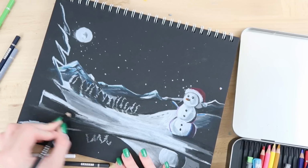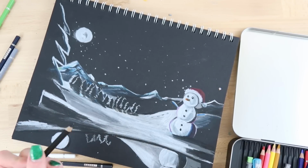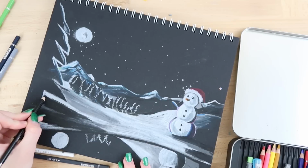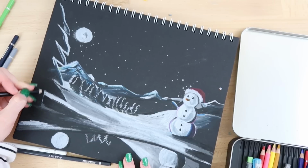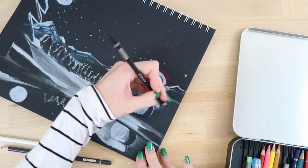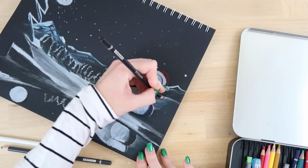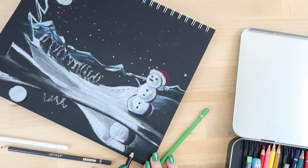I really like the fact that because I'm using black paper, if I make a mistake, I can just use a black pencil and then hide that mistake. Look at that, it just hides any form of mistake that I've made. So basically I just need to do that with the whole thing. How they last durability wise and light fastness wise in comparison to Prismacolor, I don't know. What I do know is they are very, very affordable for the price,